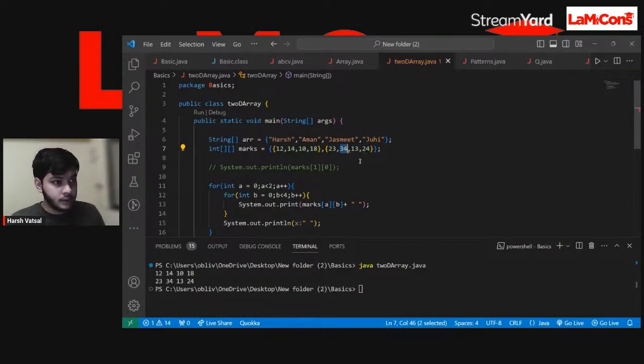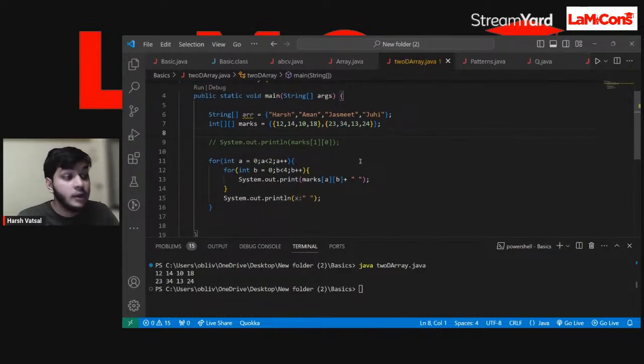Okay, and let me just do that. Okay, so after like this, we are going to traverse our 2D array. We are going to store some data in it. So let's not just try to print some data. Let's try to do some experiments with it. Let's just try to build a project. Okay,